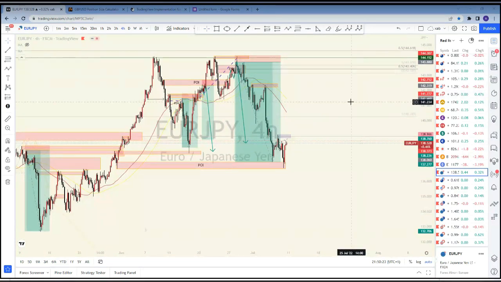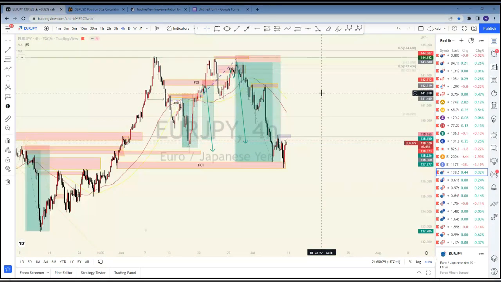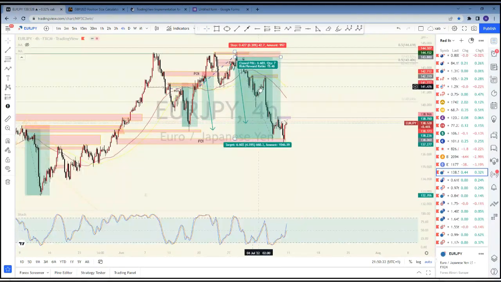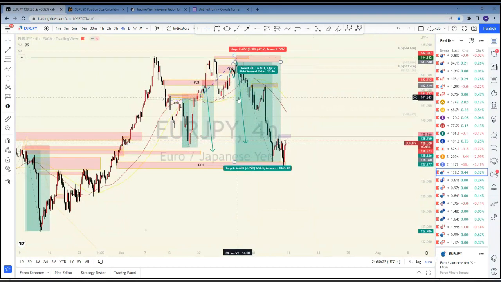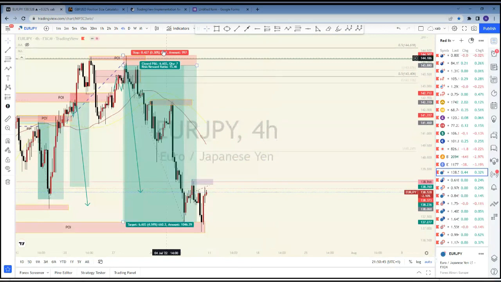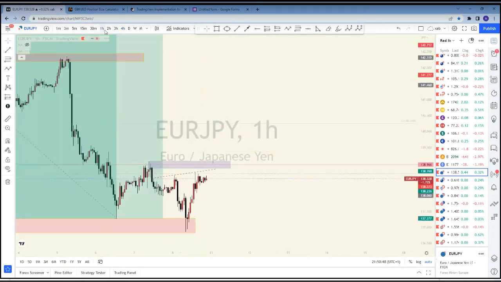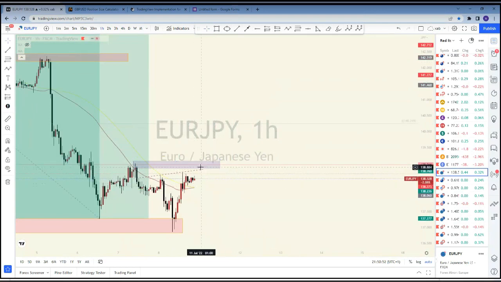But nonetheless, we got a second entry somewhere around here, although I don't think I was active at that point in time. Yes, we had another entry somewhere around here from that divergence. Oh, no, it was a convergence. From that convergence, this played out as a 1:15 risk to reward overall. EURJPY. Remember, we're looking at euro still being weaker. You can see that I already marked out this zone on my EURJPY chart.